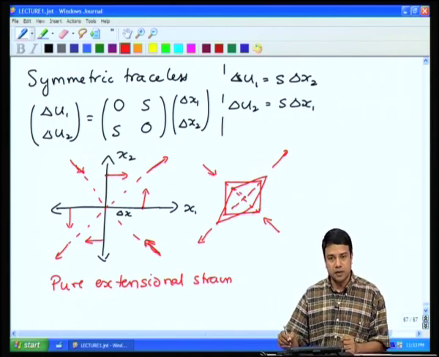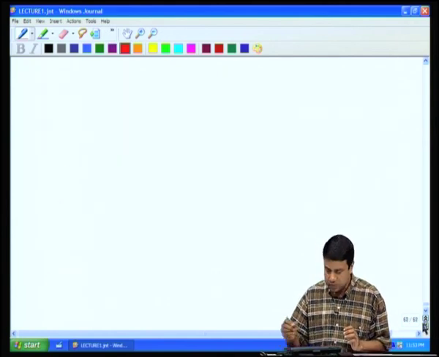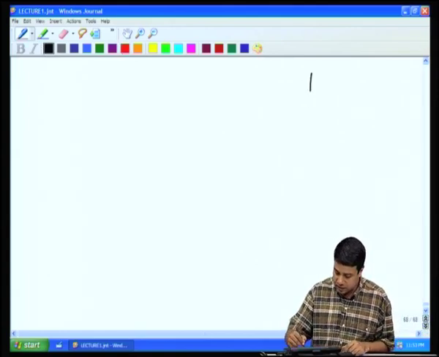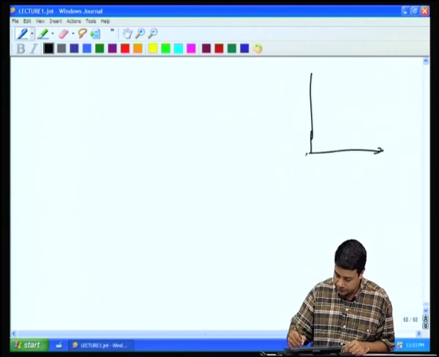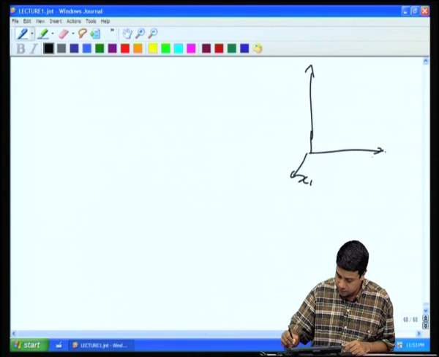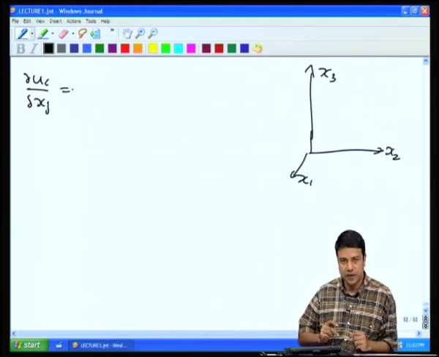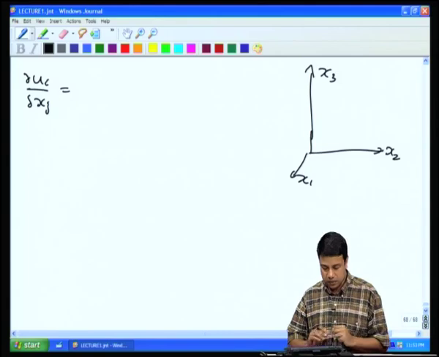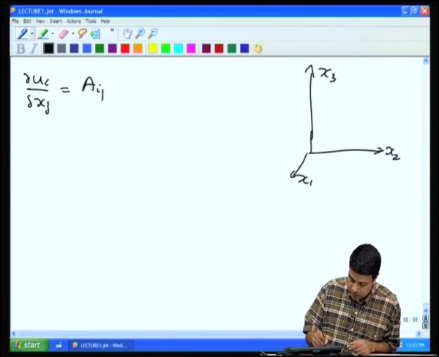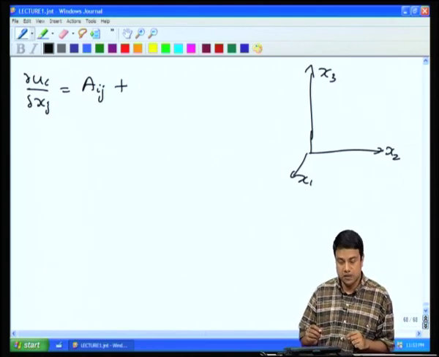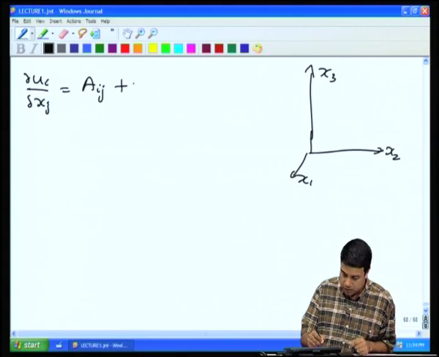So, this was for 2 dimensions. Exactly the same can be extended to 3 dimensions. Let me just explain how that is done. If I had a general 3 dimensional velocity field, partial ui by partial xj, I can divide into 3 parts. One is Aij, plus the isotropic part, which is equal to 1 by 3